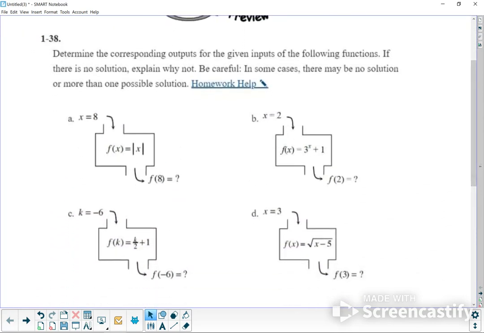Determine the corresponding outputs for the given input of the following functions. If there's no solution, explain why not. Be careful. In some cases, there may be no solution or more than one possible solution. All right, first one, if you put 8 in there,